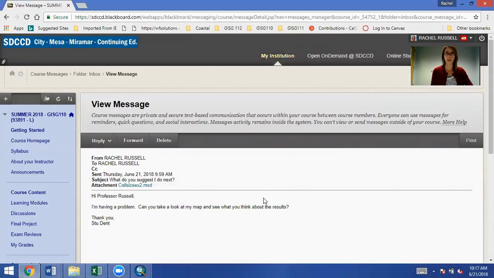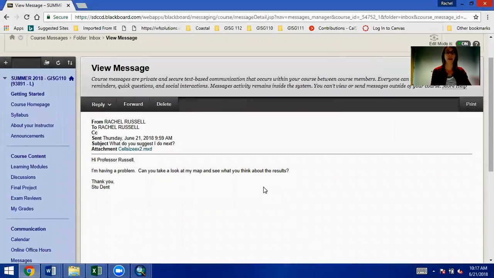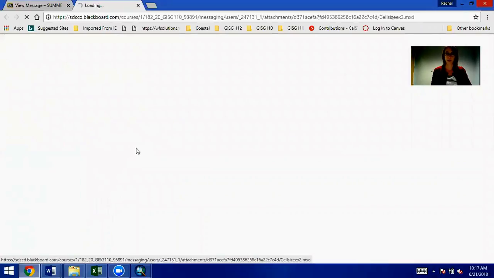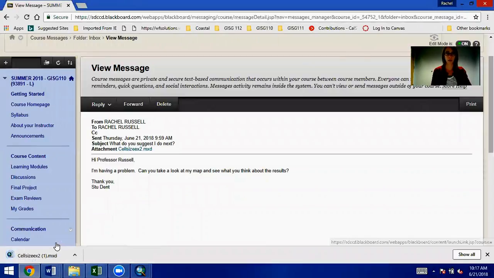Sometimes students will send me an email asking if I could take a look at their work. Maybe they're having an issue, maybe they don't understand something they're seeing on the screen, so they send me an MXD file. But again, you might be sending it to a client or something. Remember, MXD files do not store the data, they're just storing a pointer to the data. So if I open this MXD file that this student sent me,